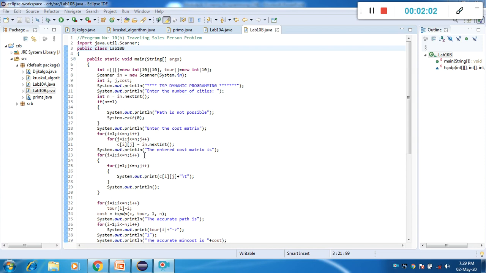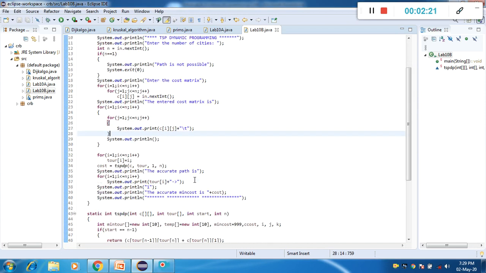Then next, System.out.println to display the entered cost matrix as: for i = 1, i < n, i++; for j = 1, j < n, j++; System.out.print c of i j. Display the values of all the cost matrix entered. Then